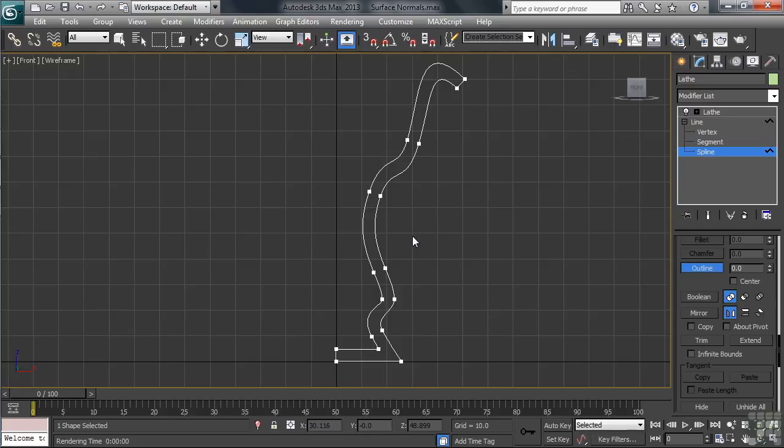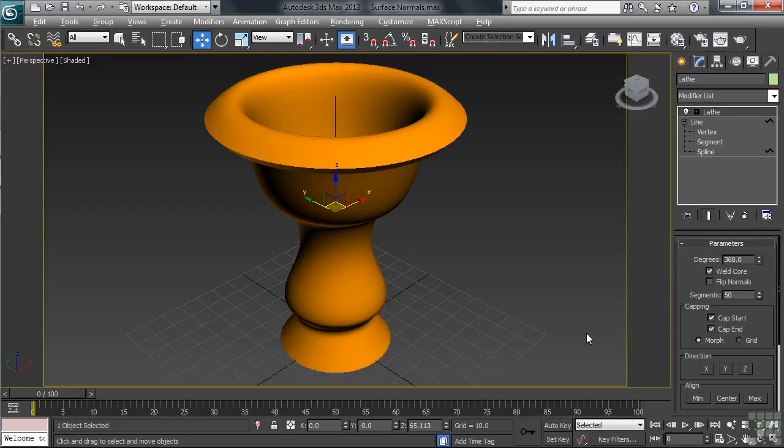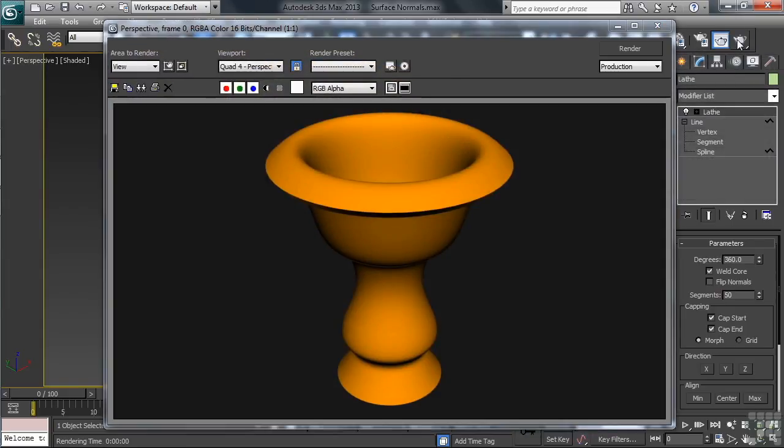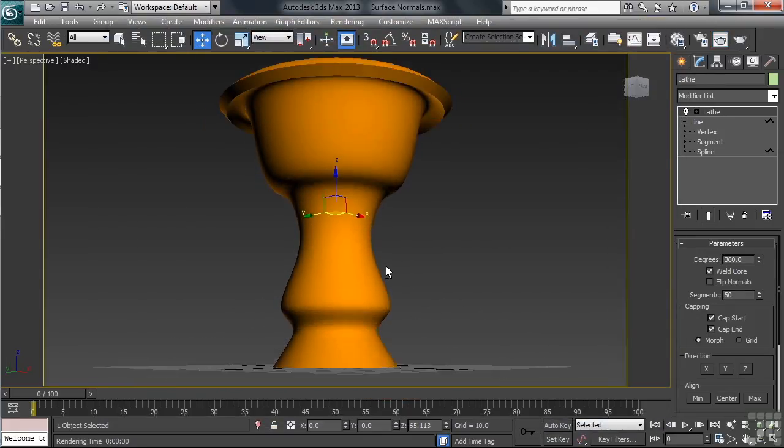Now we can go back in the stack, reactivate the lathe command, then return to four viewports. Let's now take the perspective view back to full screen and we'll render again. So we now no longer have a problem with the surface normals. Let's now close the render and orbit our viewport so we can see the newly created thickness that we've added